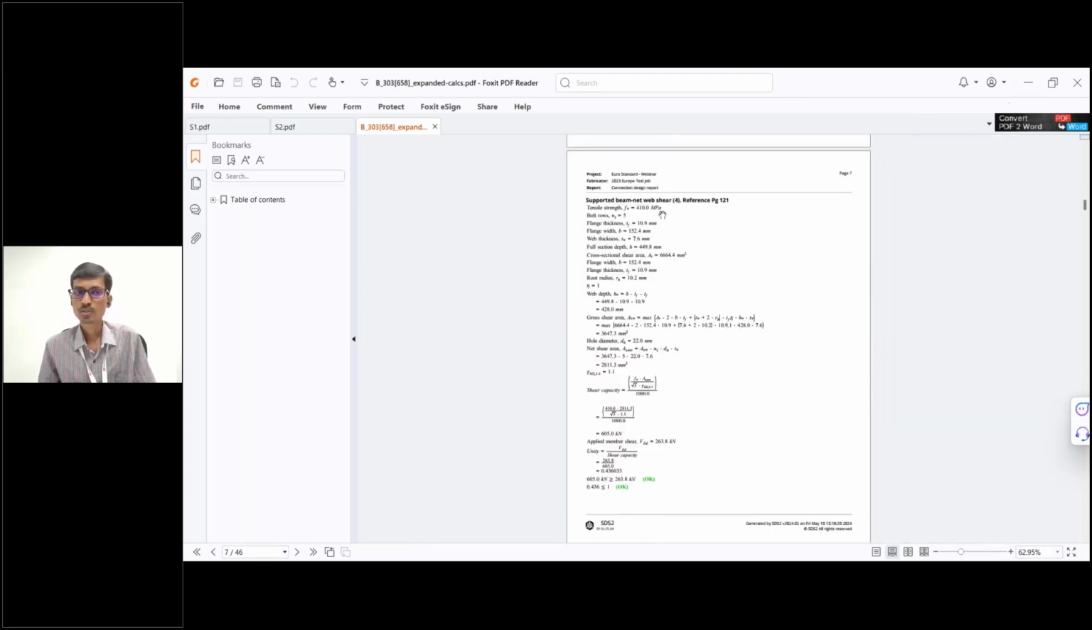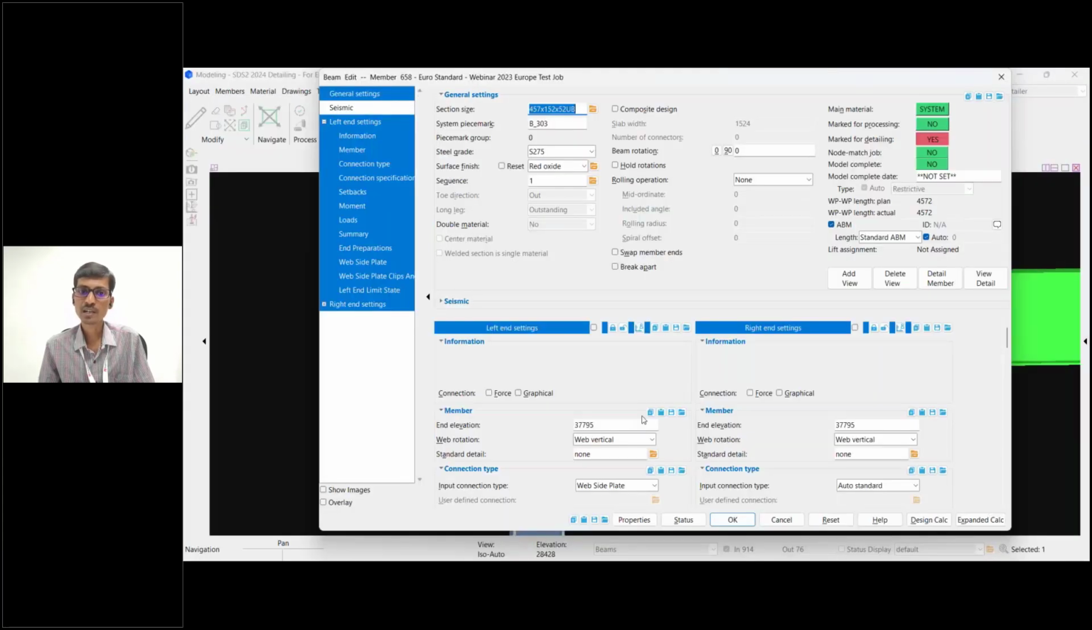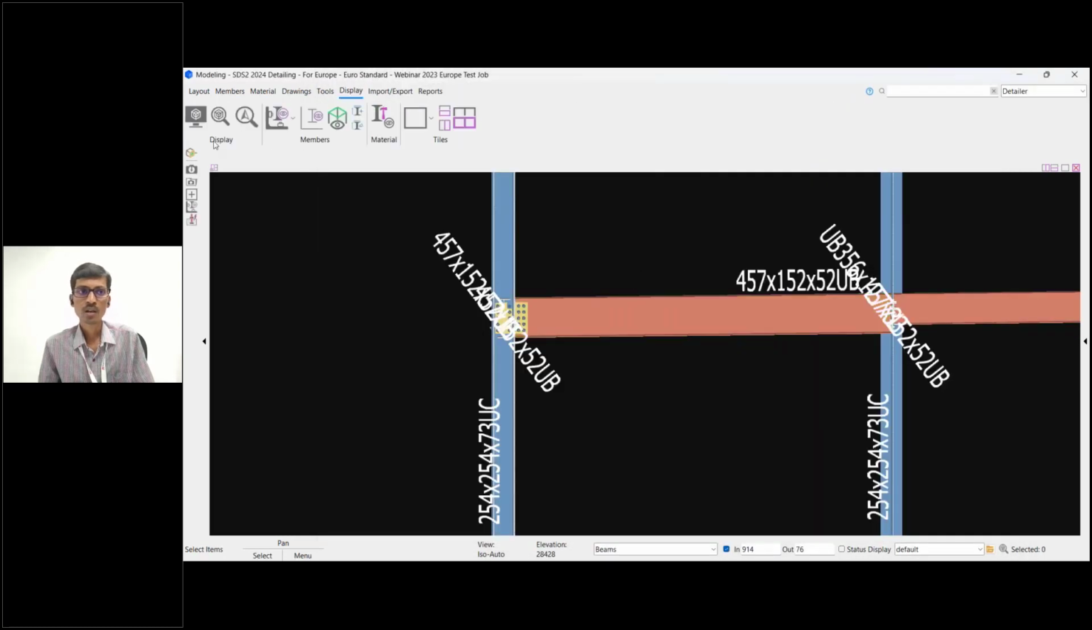So in this way, we can generate the connections for entire members, and we can apply the same connection at different locations by this option, save. We can save the same connection by customizing or editing, and we can reuse the same connection at different locations. Okay, coming to